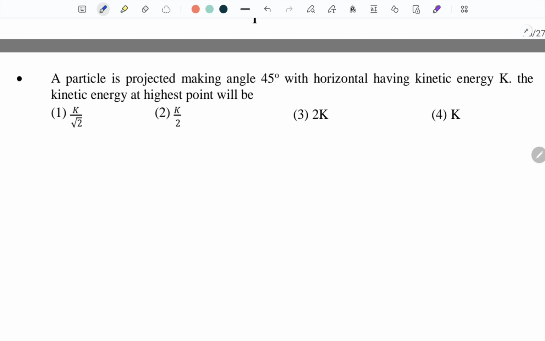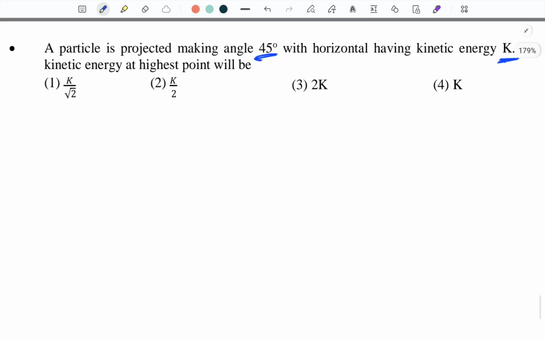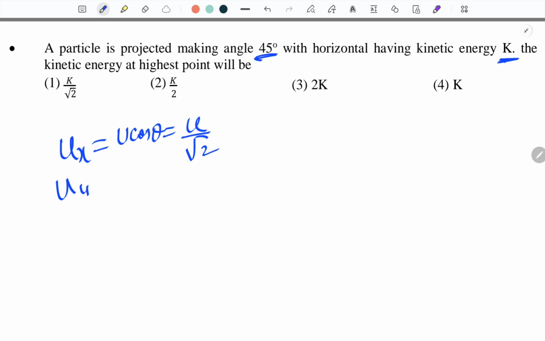A particle is projected making angle 45 degree with the horizontal having kinetic energy k. Okay, the kinetic energy at the highest point will be. So kinetic energy ux का फॉर्मूला u cos थीटा है. थीटा 45 है तो 1/√2 आएगा. तो u cos थीटा बनेगा u बाई √2. सिमिलरली u y यानी इनिशियल y कंपोनेंट u sin थीटा है, अगेन वो भी आएगा u बाई √2. ये हो गया. अब एट द मैक्सिमम हाइट, हाईएस्ट पॉइंट ऑफ द प्रोजेक्टाइल पे